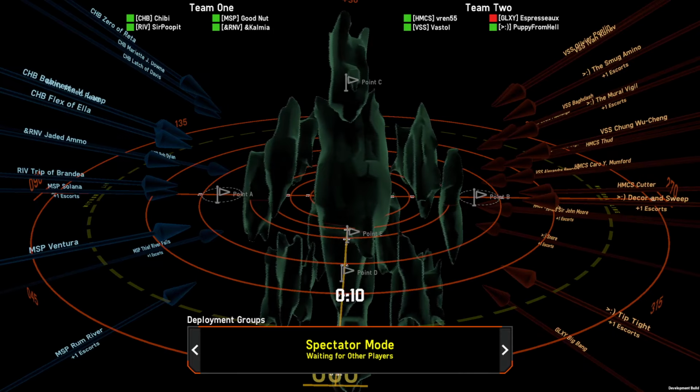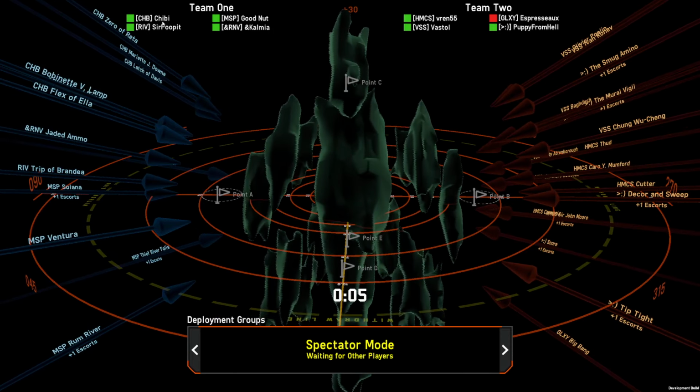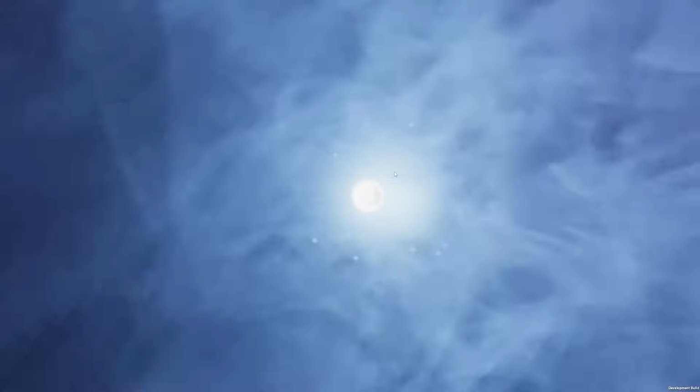We have got ourselves a 4v4 on the TESTULOUS server right now. In the Blue Trunks ANS team, we have Chibi, Sir Poopit, Goodnut, and Kalmia. Over here in the Orange Trunks for the OSP team, oop, we're getting into the game right now. We had Vren. I'll cover the rest of the names in a moment once we're done looking at this deploy